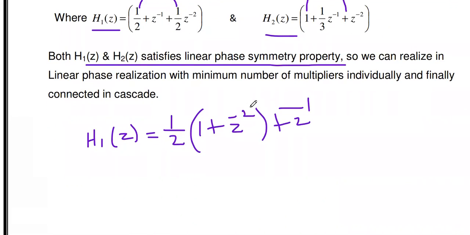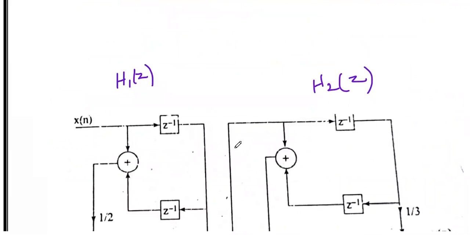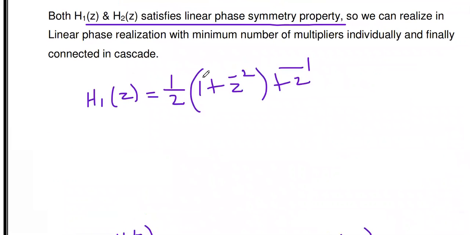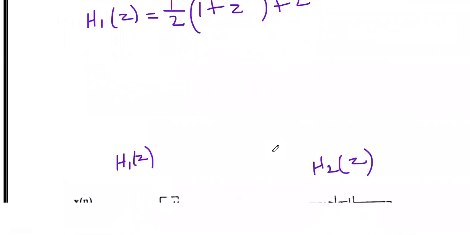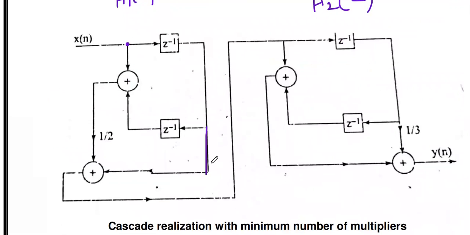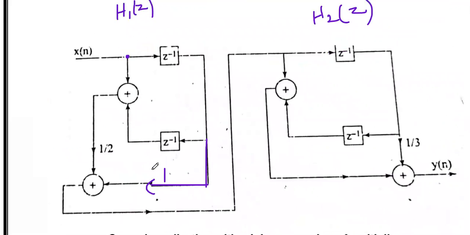So in this, how many delays do we have to use? 2 delays. Okay, so that's why you draw the first delay in the top line, second delay in the bottom line. So this is the x of z, and this is the z power minus 2 into x of z. So you combine both and multiply with 1 by 2. Okay, so the first term we got is 1 plus z power minus 2 multiplied with 1 by 2. What is the second term? Z inverse. Where is the z inverse available? The output of this first delay. Okay, this is the z inverse. So this z inverse is multiplied with 1. Okay, so this one and this one are added. Okay, so this is the h1 of z diagram.